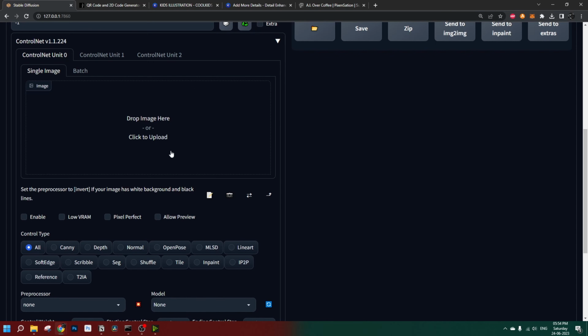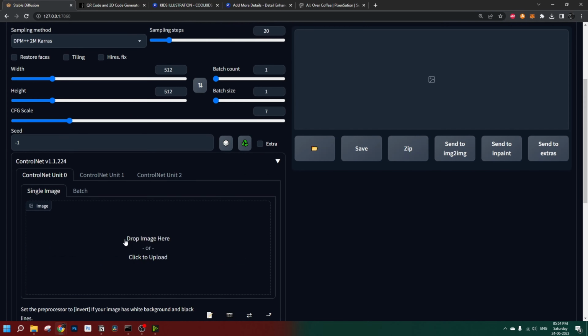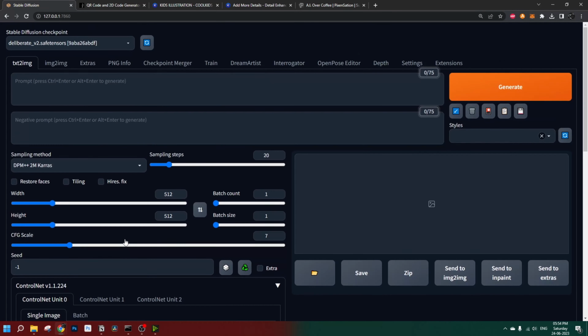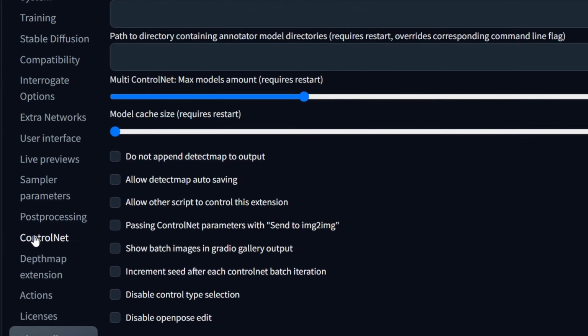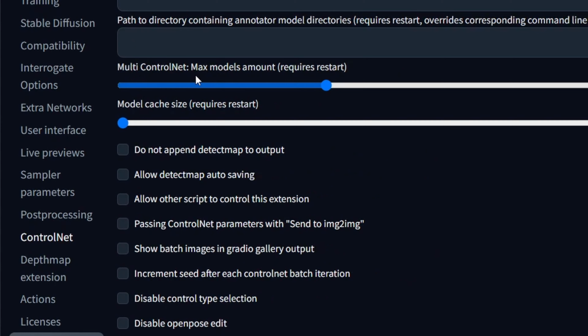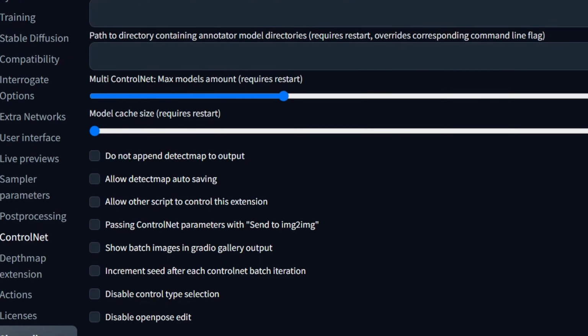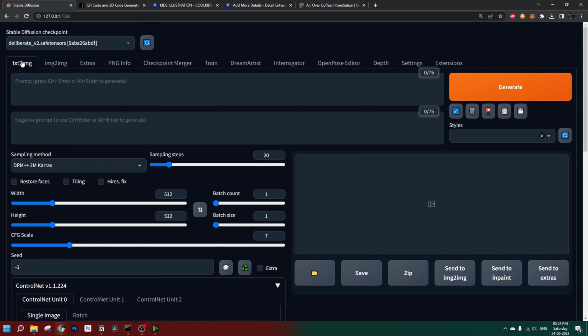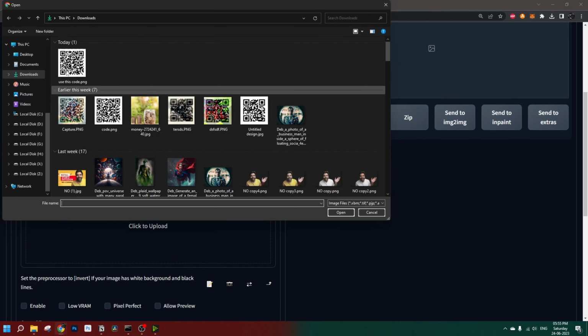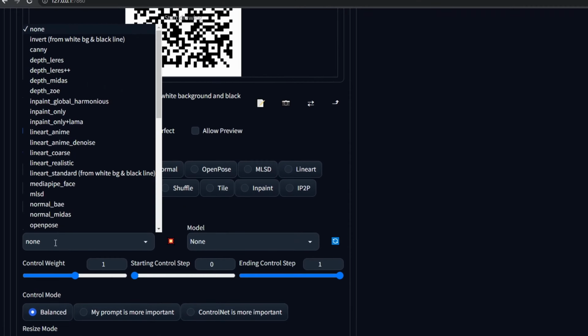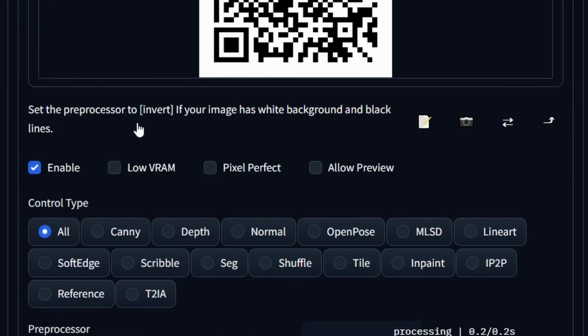Let's go to ControlNet. For this we are going to use 2 ControlNet units actually. If multi-ControlNet is not available in your Stable Diffusion, you can go to settings, go to ControlNet and open multi-ControlNet maximum models amount. I have set it to 3 here. Now let's go back to text to image. Let's bring in our QR code here. Enable the unit, preprocessor. Well, this is something I feel I should explain thoroughly. In most tutorials I am seeing on the internet, be it on Reddit, on YouTube or somewhere, they are using Inpaint Global Harmonious for most of them and not really explaining why we should choose this preprocessor or why we shouldn't choose anything else.